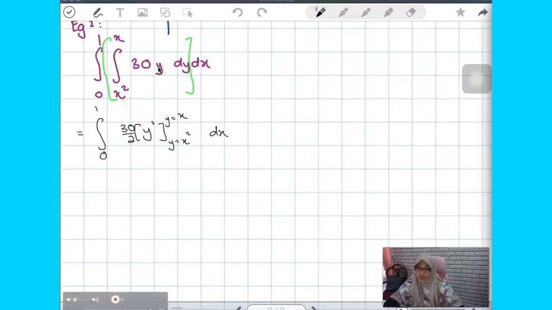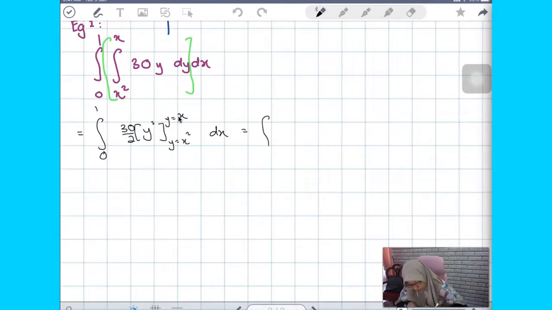I put y because I don't want to be confused with the x. This limit belongs only to y, not x. So just to remind us that this belongs to y, not x. Next, we will get 15, and then we substitute y is x, so you have x squared,